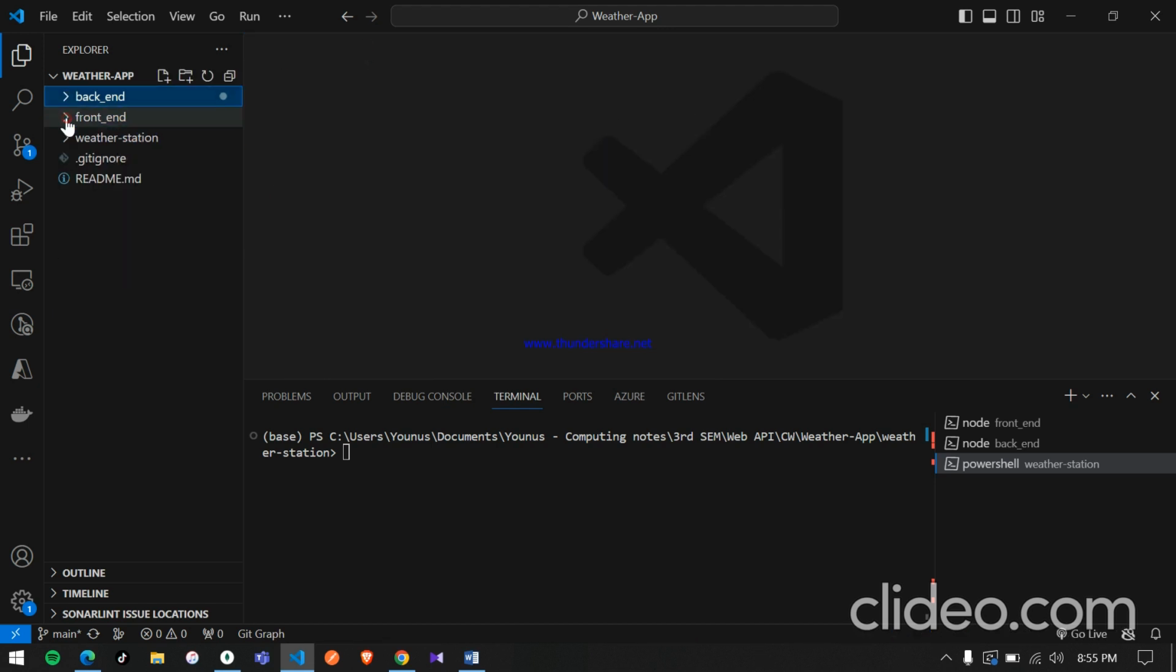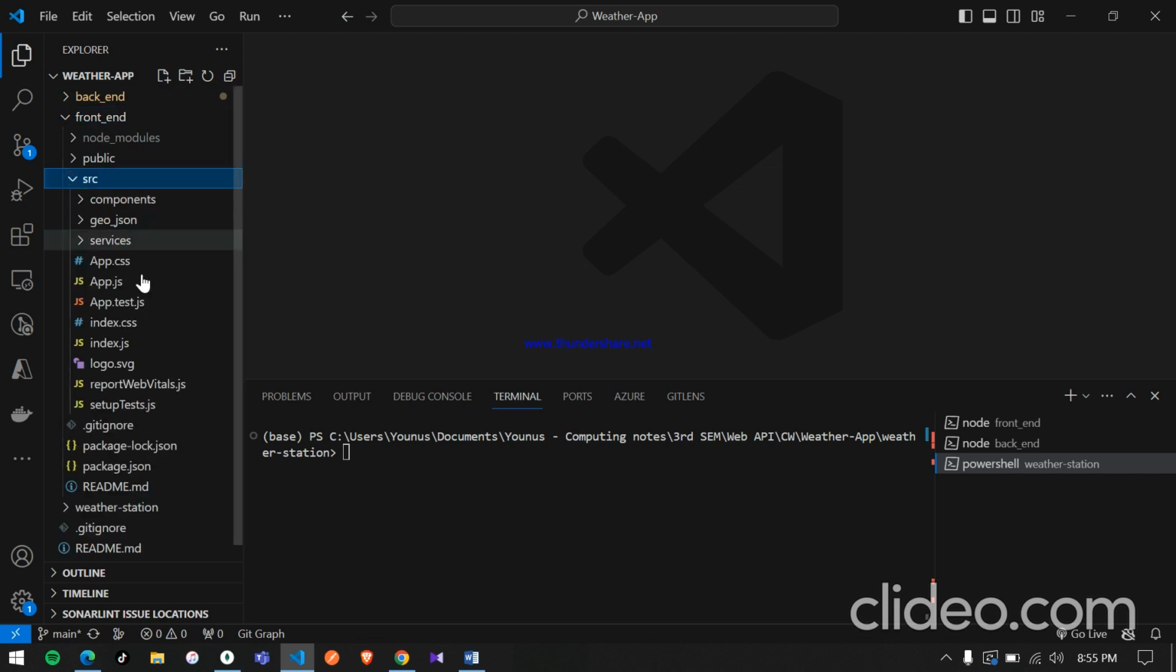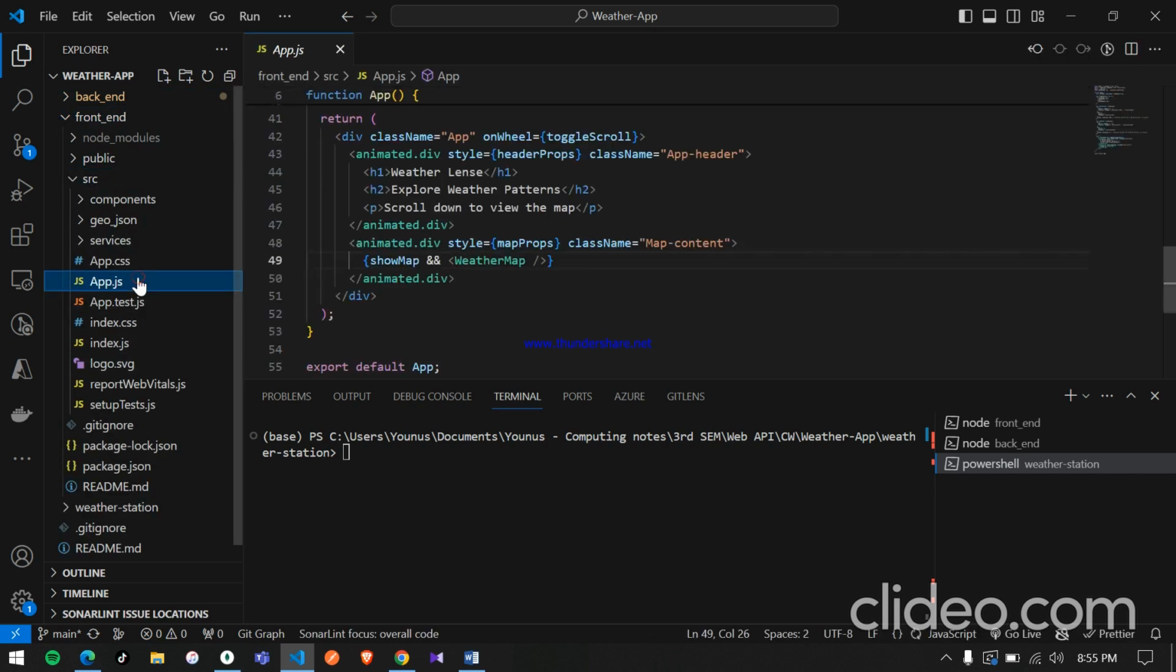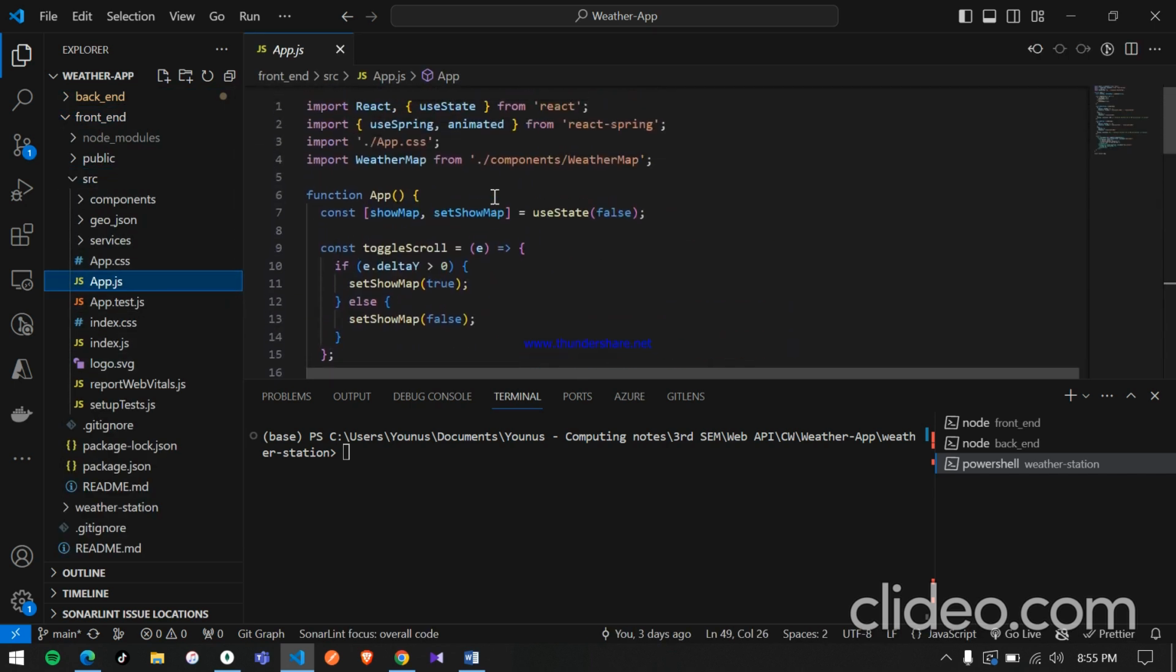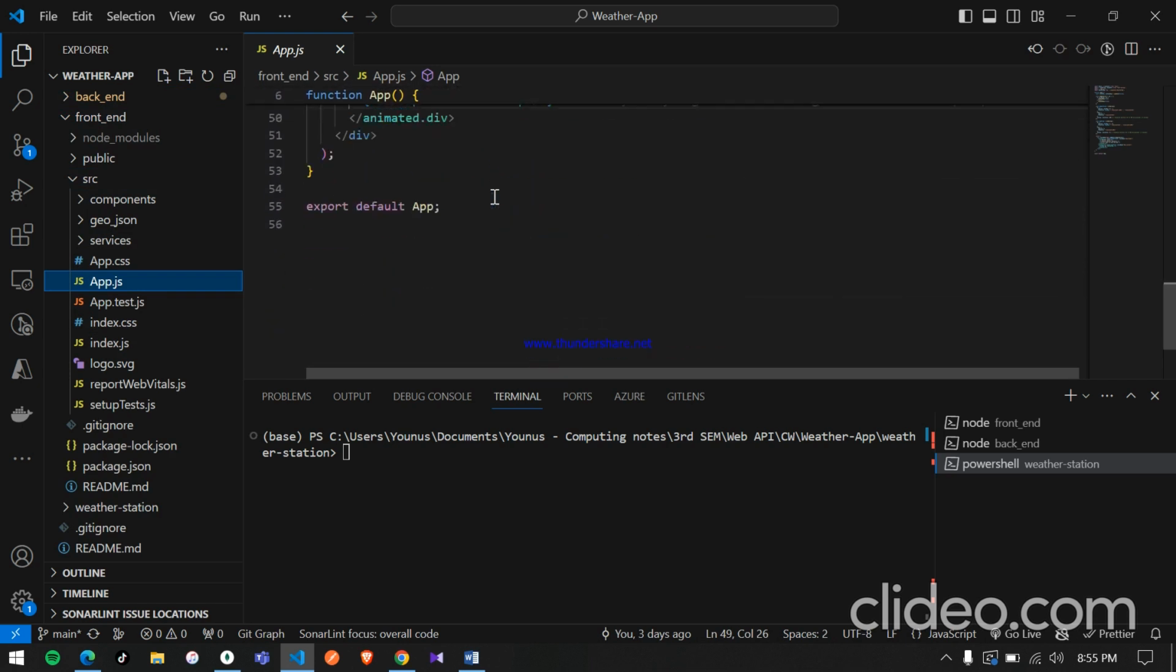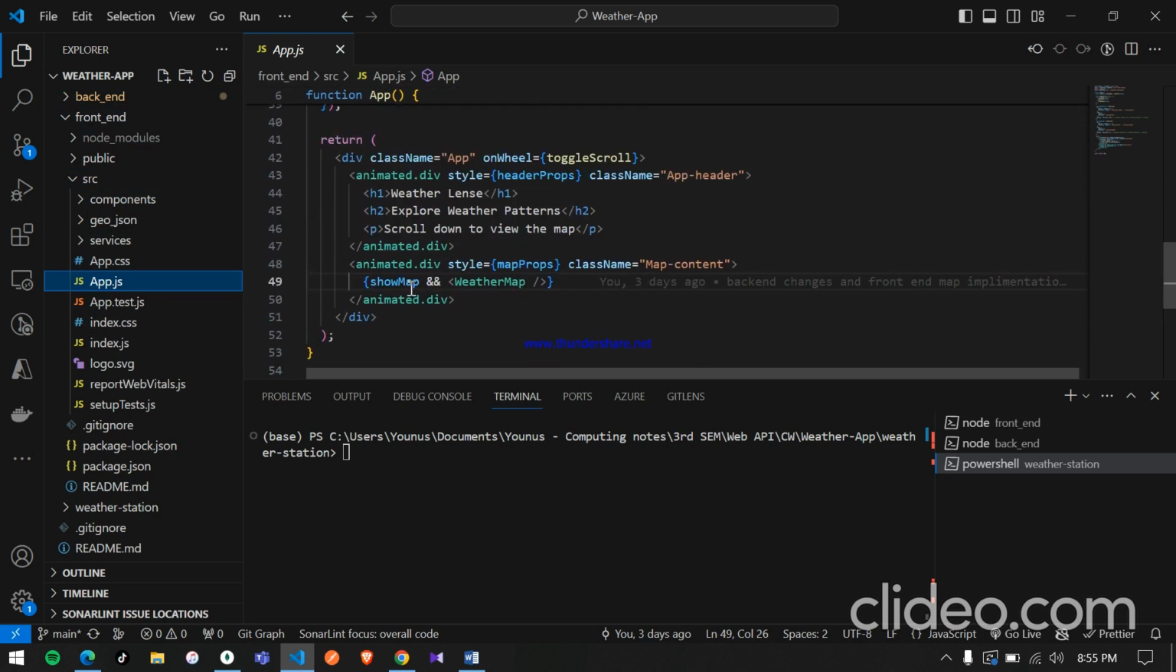When it comes to the front end, inside app.js I have created a show map boolean state to scroll. Only when you scroll will it call the weather map component. Inside the weather map component,